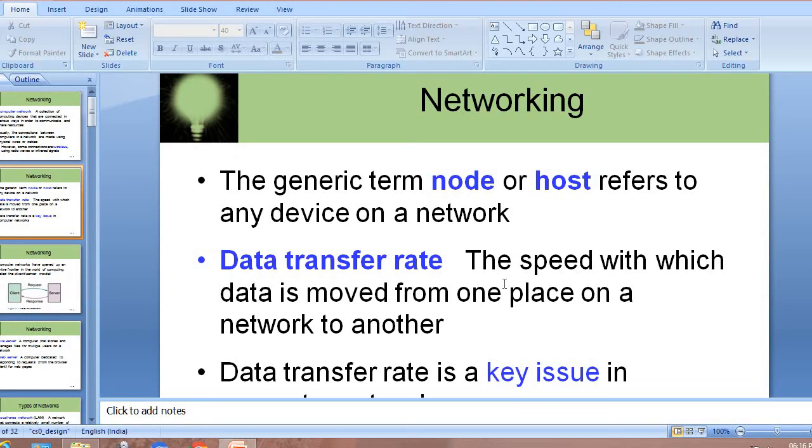Basically in a computer network we use computers, so all the computers or any resources that we are using are called nodes or hosts.